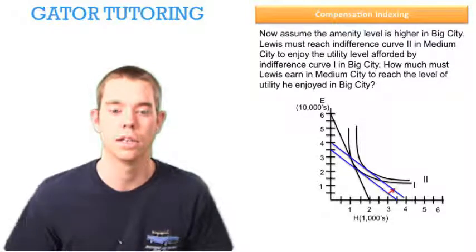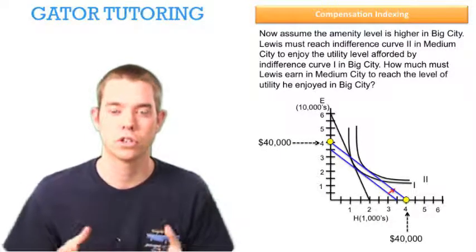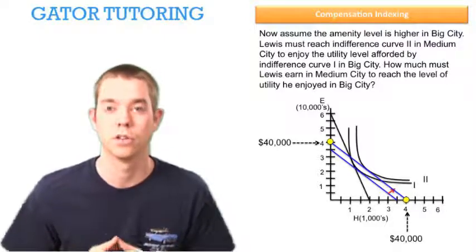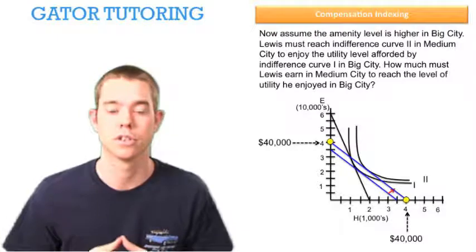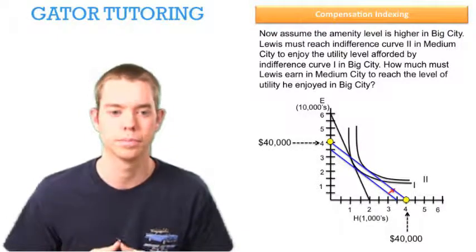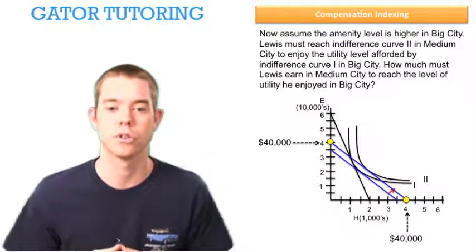And we see, again, looking at the intercepts, that $40,000 is the amount that we need to pay him with this new amenity value added in. So this question is kind of tricky because you think you're going to be solving it mathematically with numbers. So it's very important to understand the graphs because in this question we're only relying on graphs to answer all these questions. So really do a lot of practice and a lot of familiarizing yourself with these graphs and how they work.